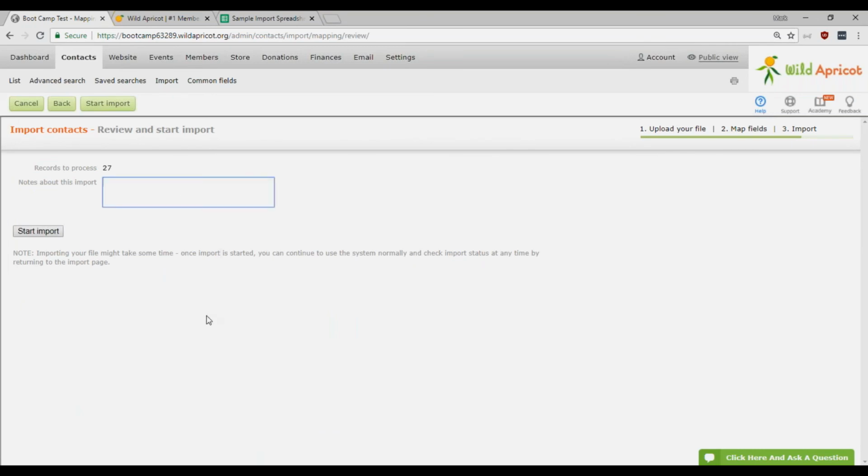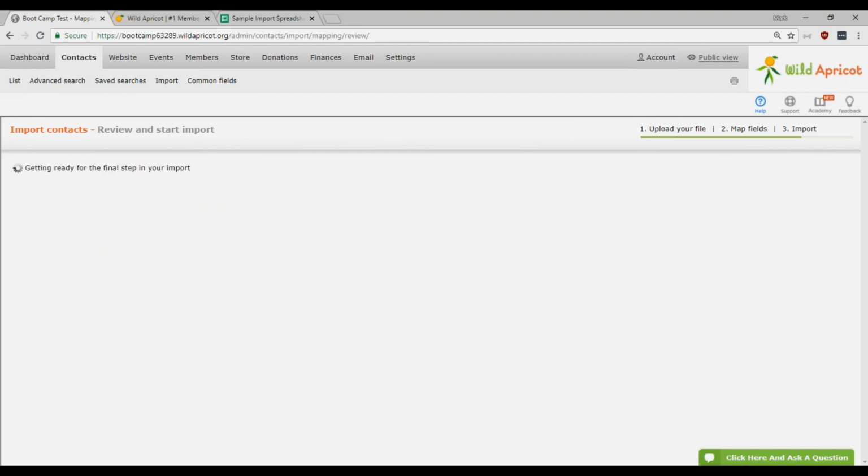And it'll just ask for some notes about the import. I usually write, this import was done by Coach Mark. If you have a bunch of people working on your organization and you share responsibilities with other staff, it's always useful to comment on what you're doing. That way everybody can see, oh, this import was done by Coach Mark. You see, it sounds easy enough, but it can be infinitely useful later.